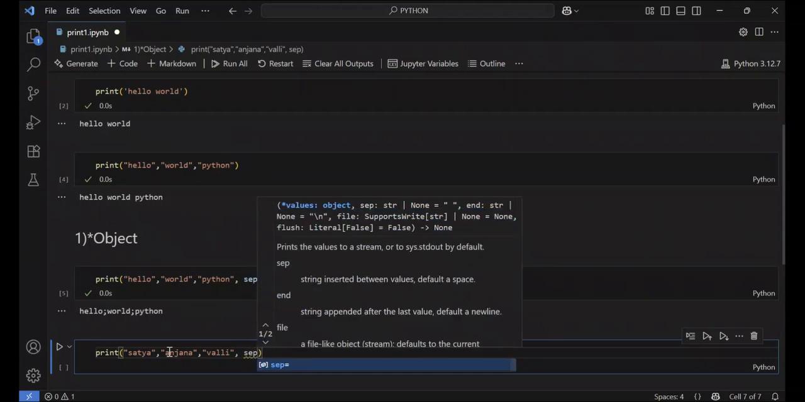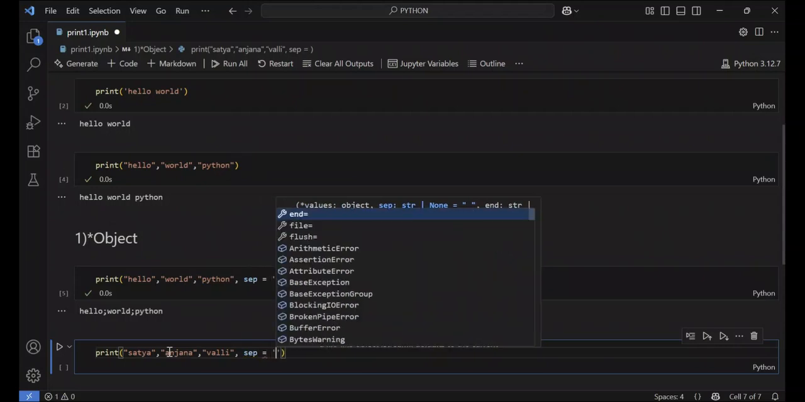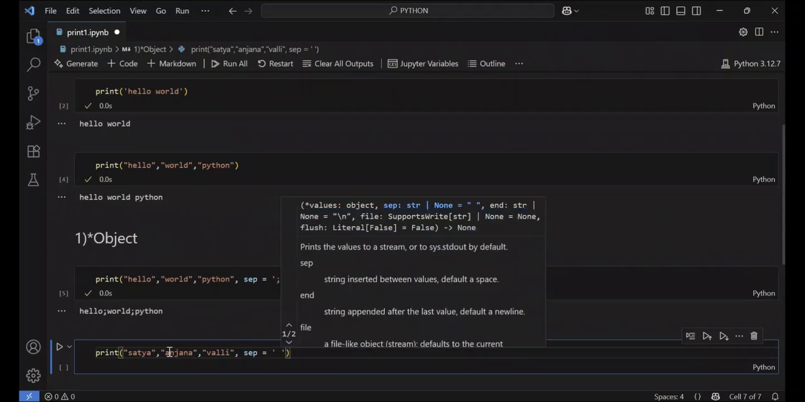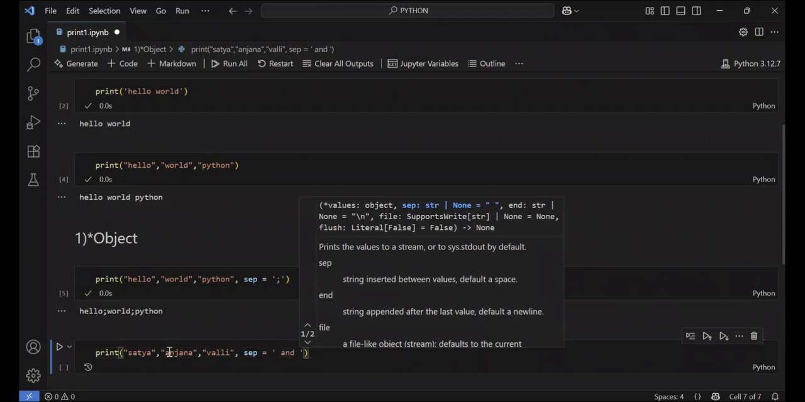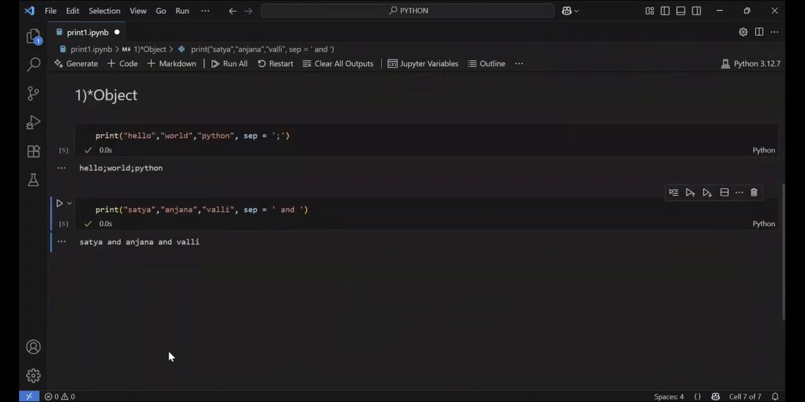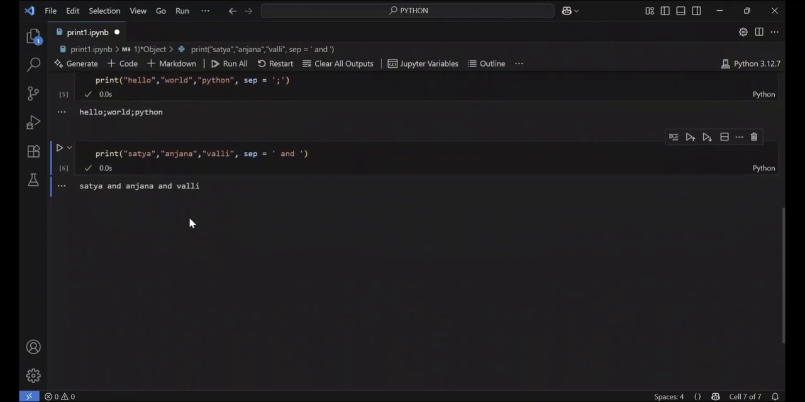So sep equal to single quotes, space and space. Okay, Ctrl+Enter and see how the separator works. Satya and Anjana and Valli. The output is Satya and Anjana and Valli. Here the separator separates every name, the name of each person. Now the second thing is